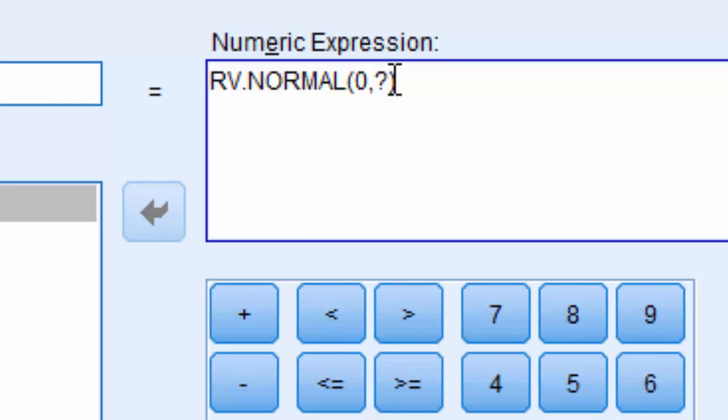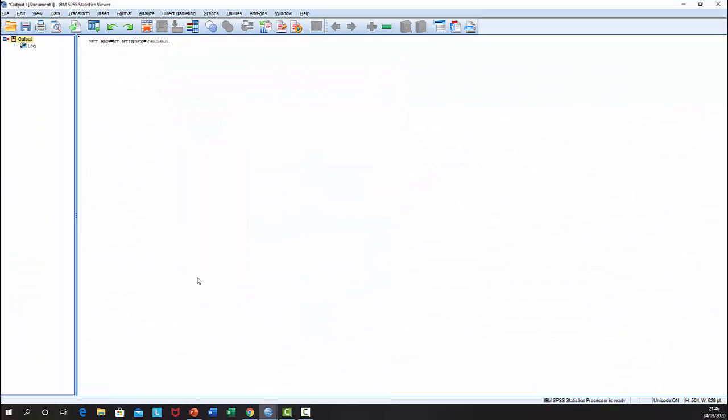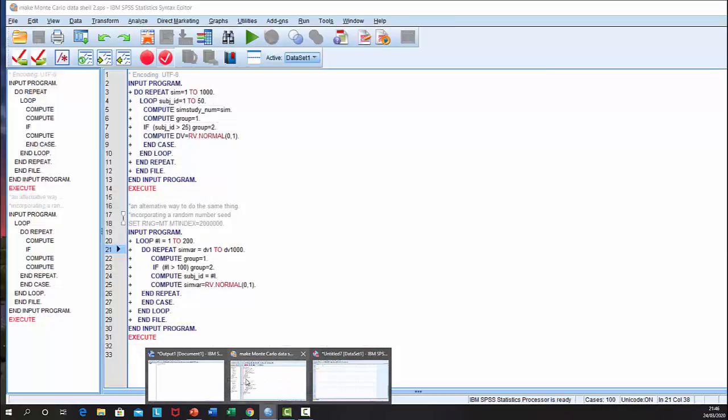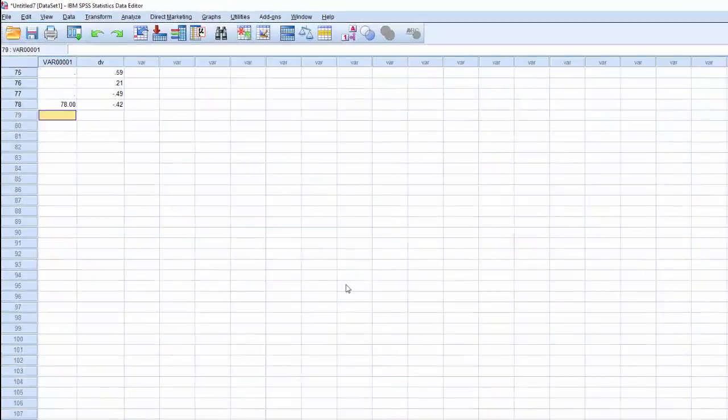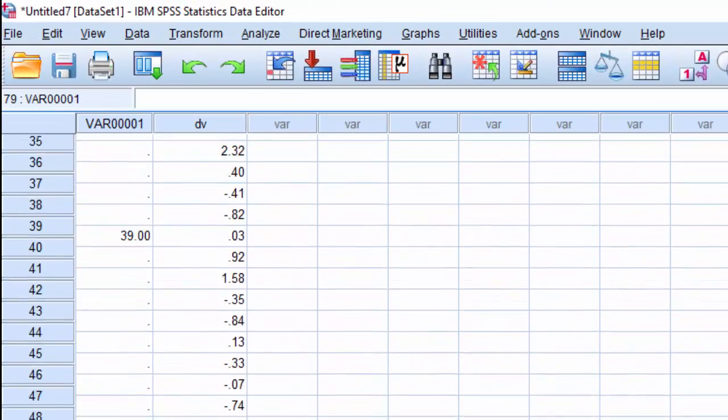So 95% of the distribution lies roughly between -2 and +2 standard deviations. So we're just going to put that in, and now it will actually compute some values for that. So we look in the data set, and as far as we've created the rows, it will create random